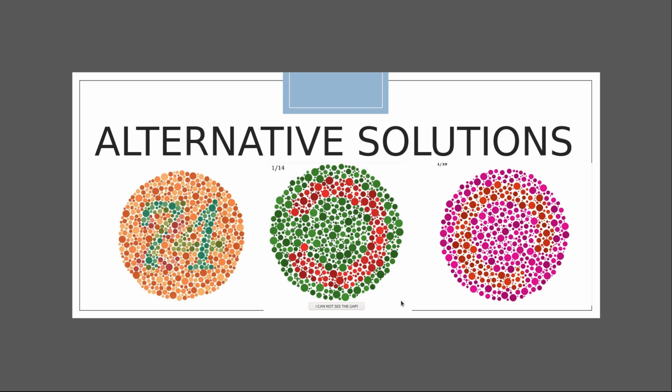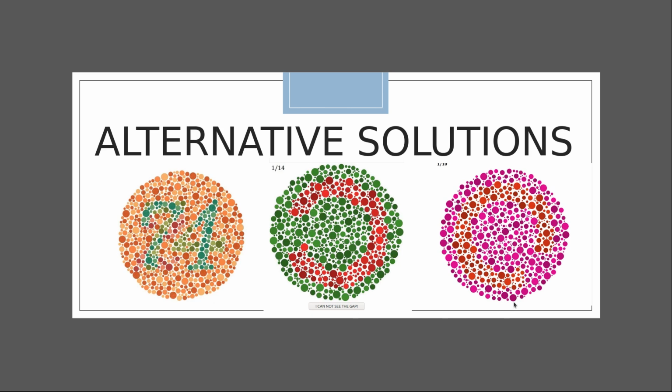So let's look at the solutions that people actually use to detect color blindness. The first is the Ishihara test, in which the user is given some discs and has to say what number is present on the disc. As you can see in the first picture, the background consists of reddish orange spots and the number consists of blue-green spots. So the person who is suffering from color blindness will not be able to distinguish between the background and the numbered spots. That's how he'll not be able to see the numbers, and we'll know that he's suffering from color blindness.